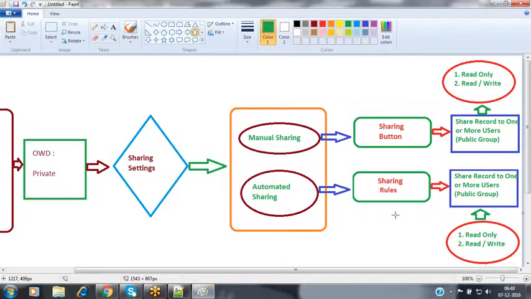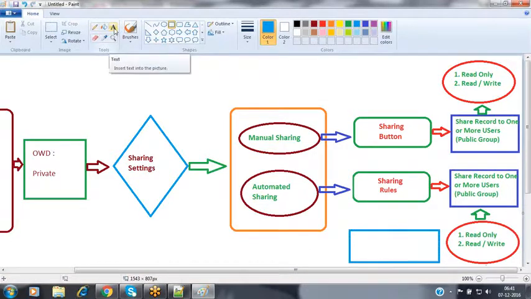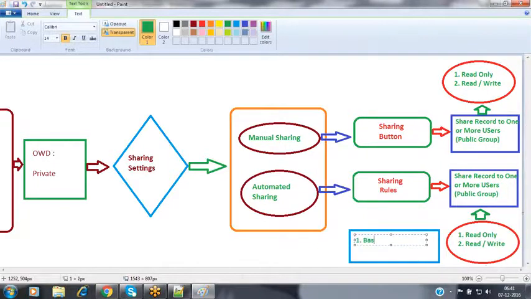Now when coming to sharing rules, there are two types of sharing rules available here. The first type of sharing rule is based on owner.